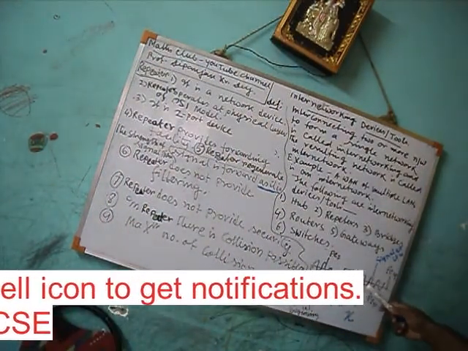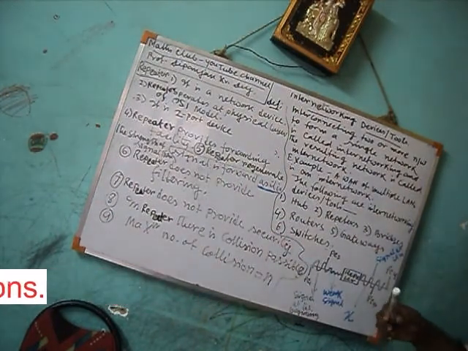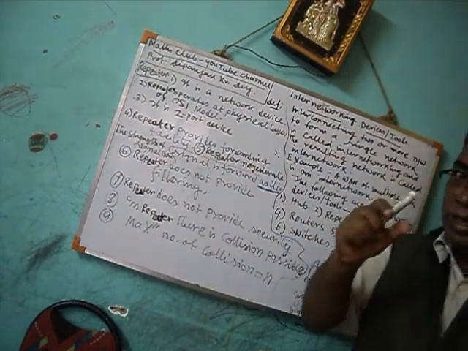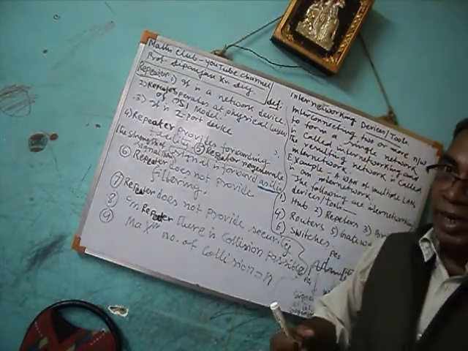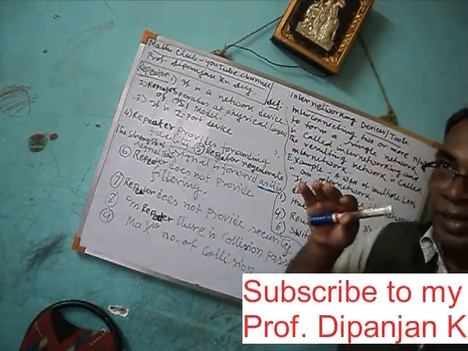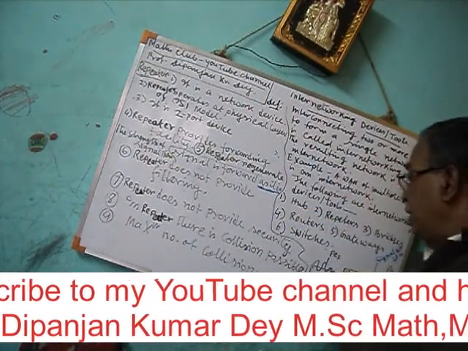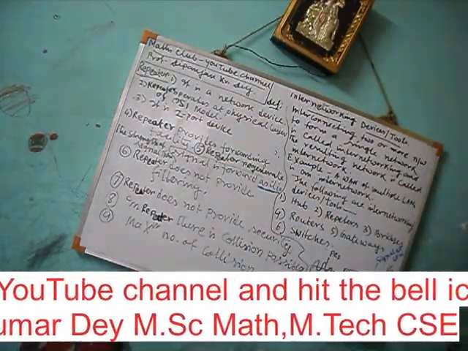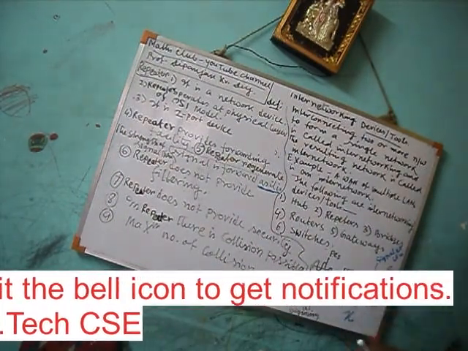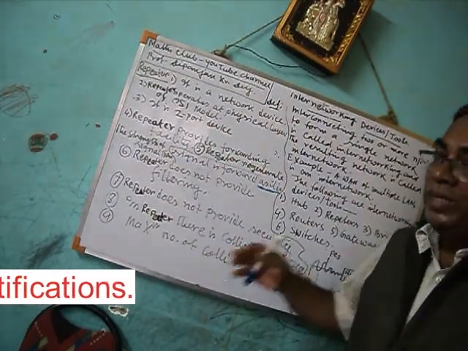What is the main function of a buffer? A buffer will receive the data, keep it in store, and then forward it. That means the chances of collision should decrease. But in the case of a repeater, there is no buffer, so when the repeater receives the data, it immediately sends the data. So there is a chance of collision.